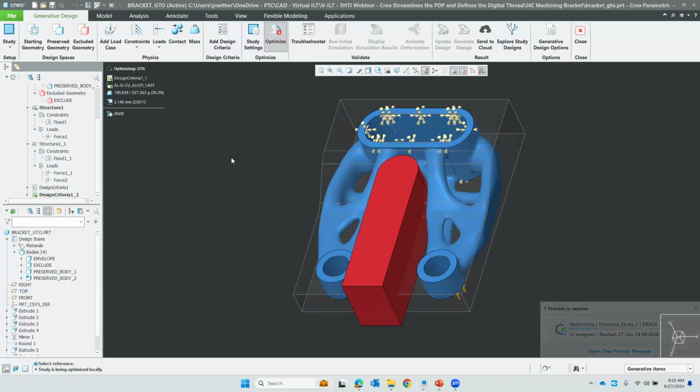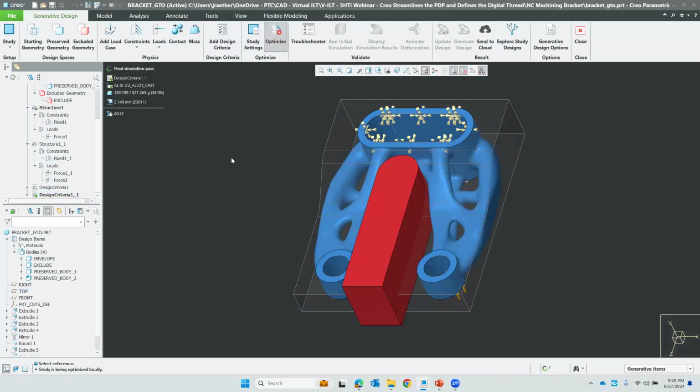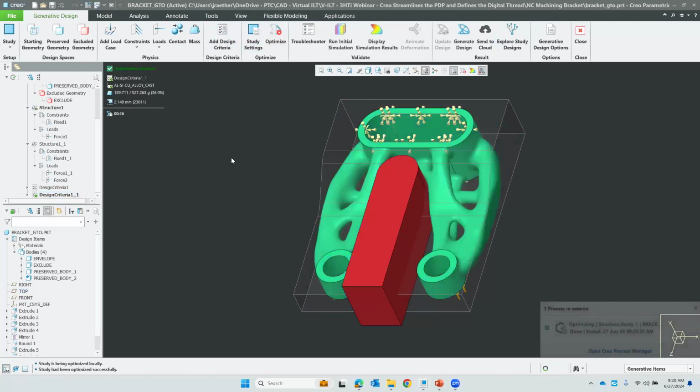It knows the loads, it knows the material, it knows whatever manufacturing constraints. And if there's stress, it knows I need material to handle the stress. So that quickly, we went through 2 different iterations. Now, if you really want to explore a large number of options, you can use GDX, which I would send